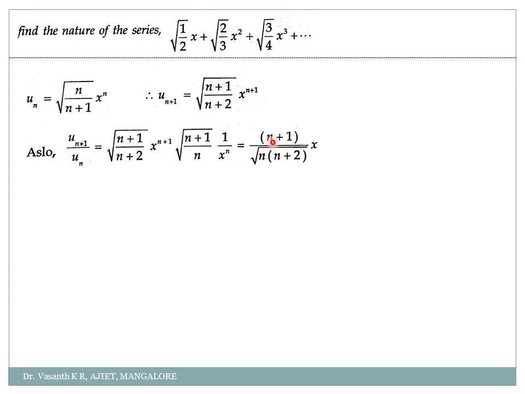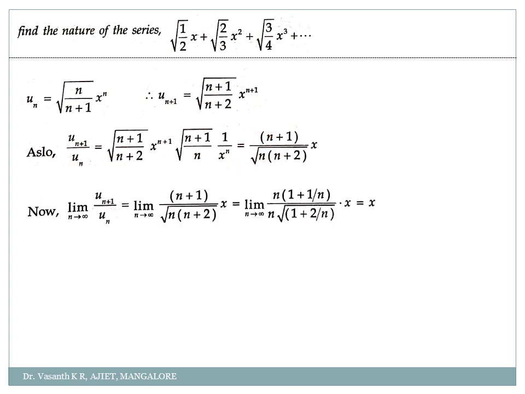Okay. Now what is the aim to apply the limit? You have to take n outside here. Correct? So what will I do? I have taken n outside in the numerator, see here, n into 1 plus 1 by n, and similarly I have taken n outside in the denominator. But in the denominator there is a root here, so when I take n outside I will get n into n as n square. So when this n square comes outside the root, what will I get? Only n. Hope you are clear with this point, my dear students. See here, if you take n outside here, n into n is what? N square. So if you take n square outside the root, it will become n. So it will be n into root of 1 plus 2 by n.